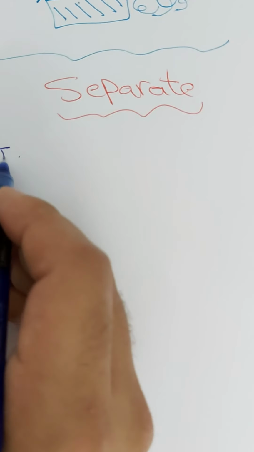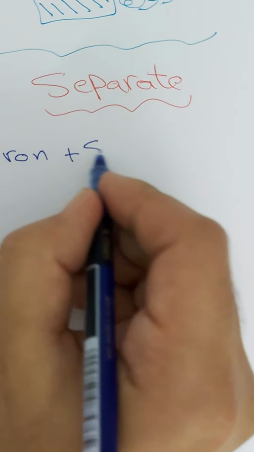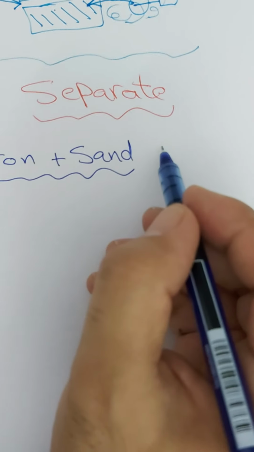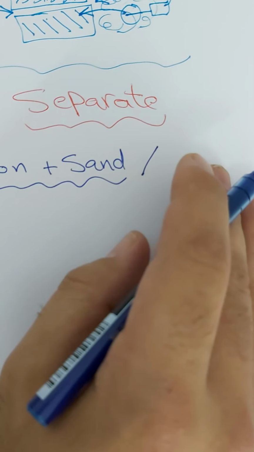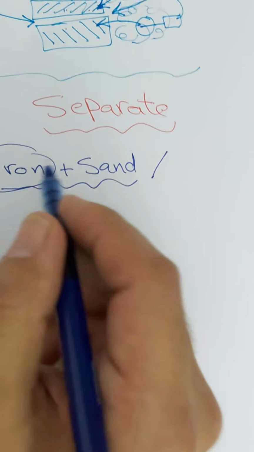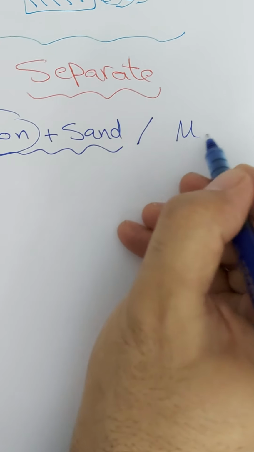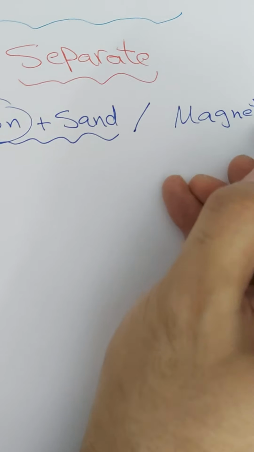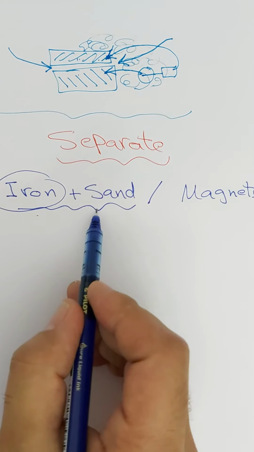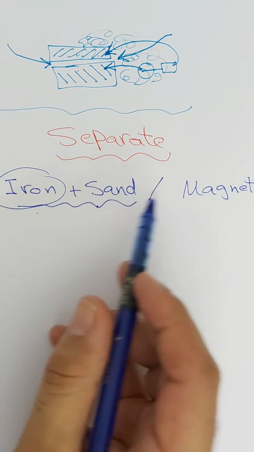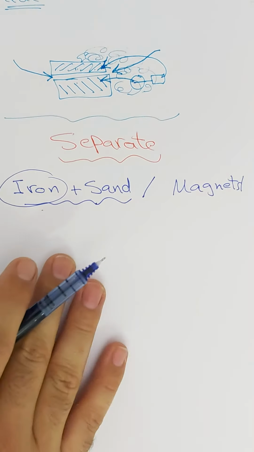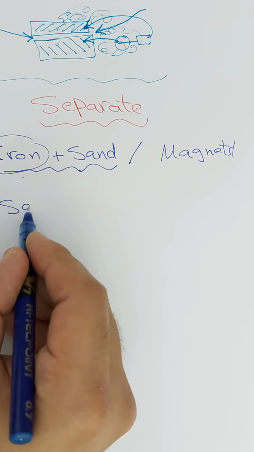For example, if you have iron plus sand, iron mixed with sand, to remove iron from sand, we use what? I have to know some physical properties about these things, and we know iron can be attracted to what? To magnets. So by using magnets, we can separate the mixture of iron and sand. So the best way to separate this mixture is by using magnets. Okay, so this is the first one. The second one,